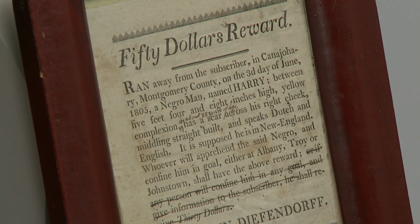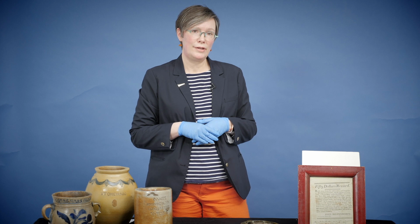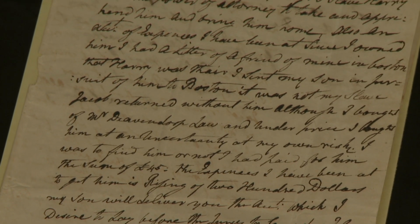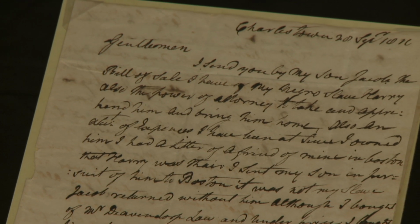But we have three letters that state that Harry was spotted in Rutland, Vermont in 1807, and then in Boston, Massachusetts in 1808. And we have no other evidence. We don't think Harry ever went back to John Glenn and John Diefendorf, but we do have this example of